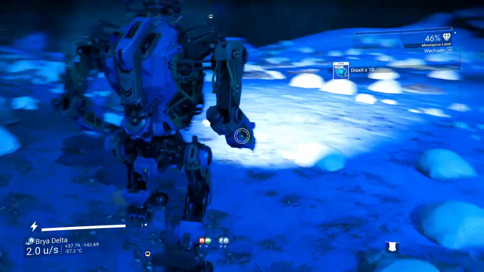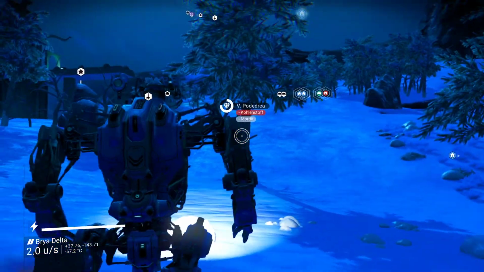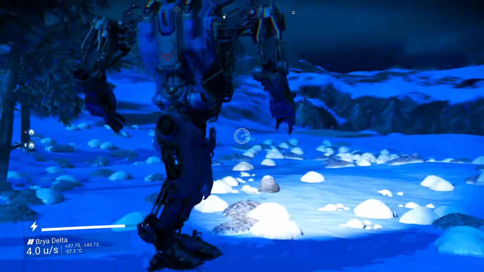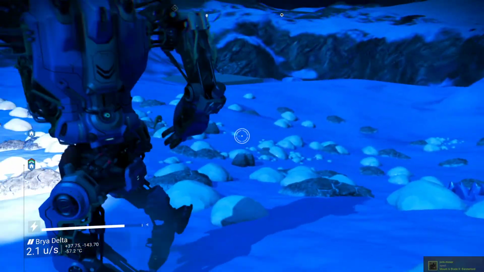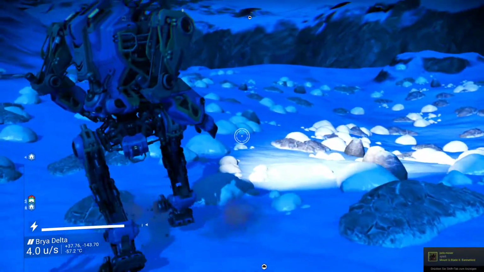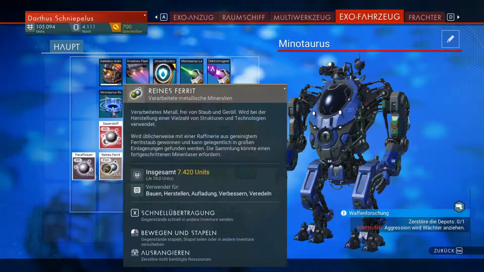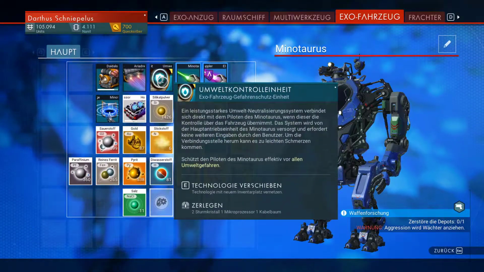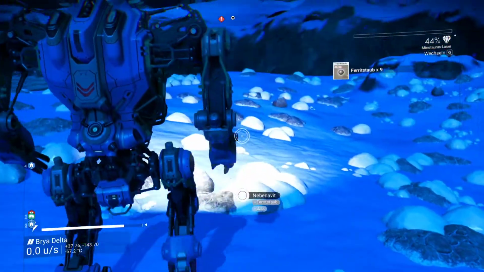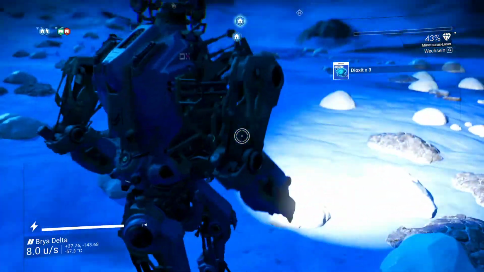sit here very comfortably without losing energy on my shielding, and the danger of dying by protection system failure is quite low with that one, at least in freezing conditions. Although this one has an environmental control one, so I think it protects me from every danger, which is quite an advantage, because with every other